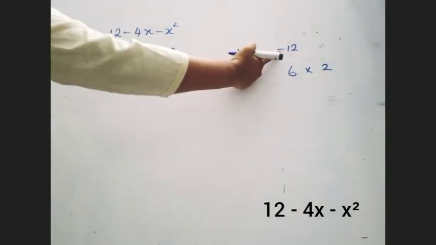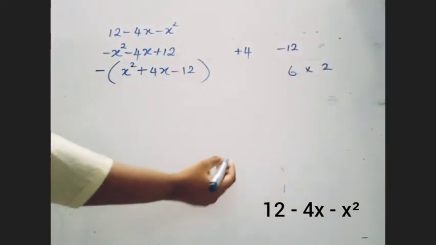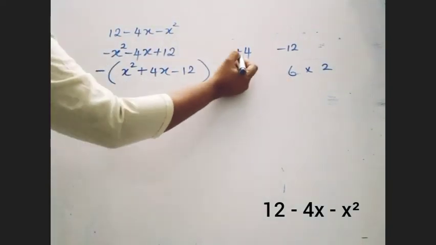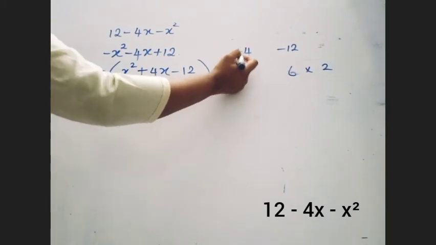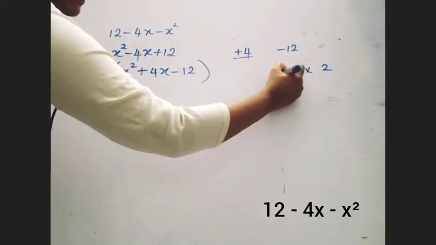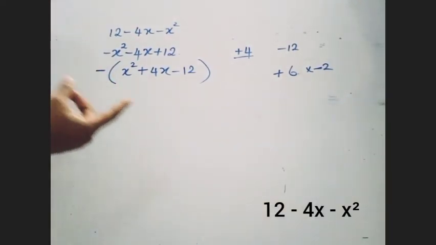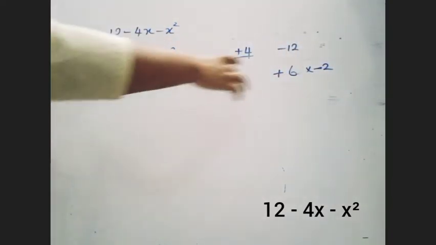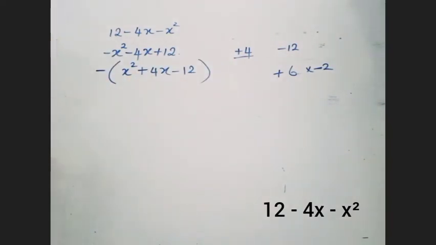Why? We are getting negative as the answer. So both should contain two different signs. So which value gets the positive sign? The higher value gets the positive sign, because the mid value is positive 4. So this is going to be positive 6, and this one is going to be negative 2. Did you understand that part? Then only when you multiply, you will be getting negative 12. When you add these two numbers, you will get positive 4, because the higher value is positive.